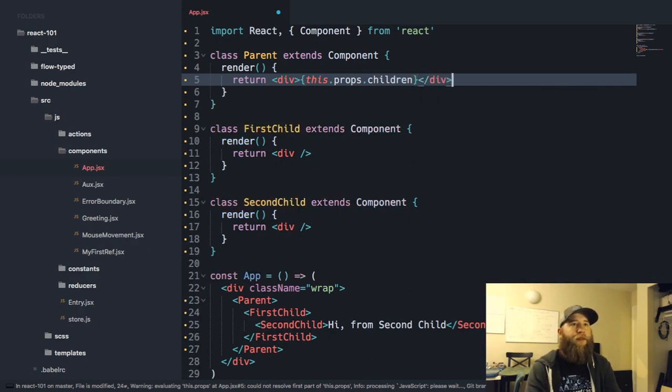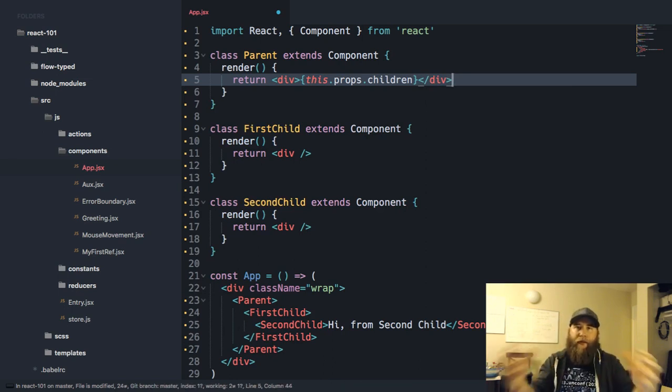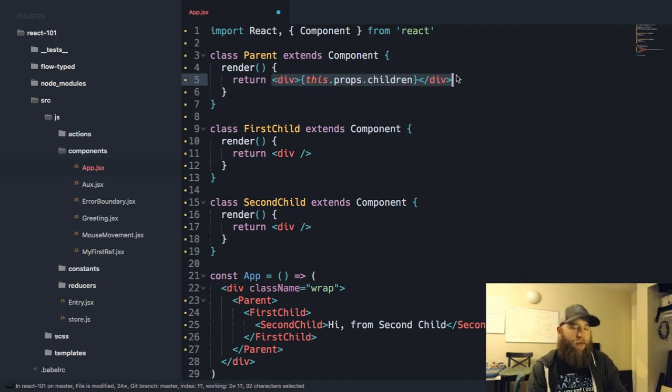That's right. If you've used Ember and some other frameworks, a yield was typically the word you used. In this case, our yield is the same as writing this.props.children in a JSX expression. So let's update all of these real quick with that. That was silly of me.